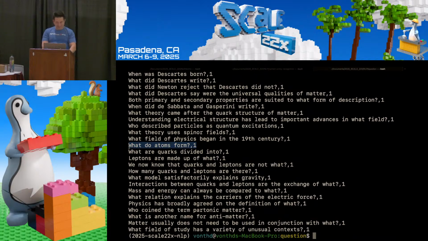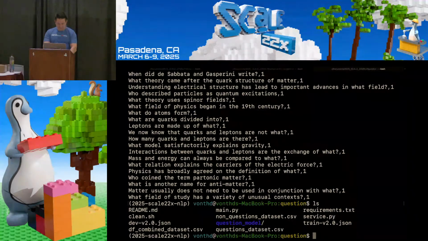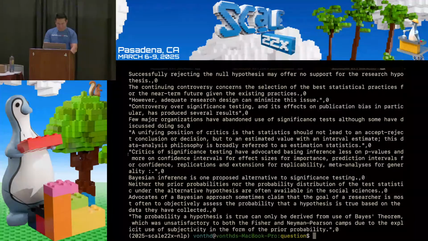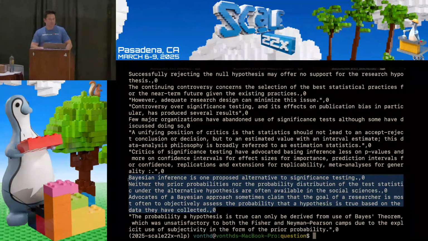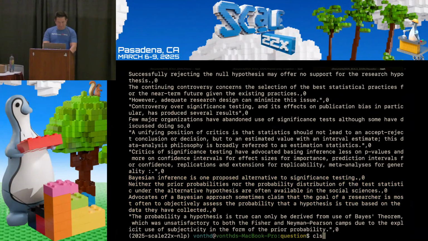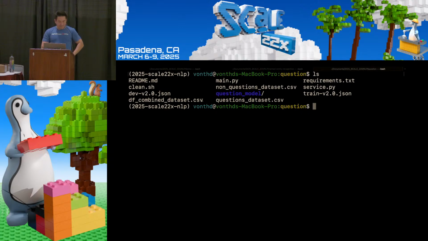I've separated them out so you can actually do cat. Where is the non-questions? So these are like non-question, right? It's just text, a standard sentence, comma 0, not a question. And then they end up getting combined into this data set here, basically merging the two CSV files into one CSV file. In the main, it will train the machine learning model based on that CSV file. And believe it or not, you'll have a model that pops out the other end, and then when you actually run it,